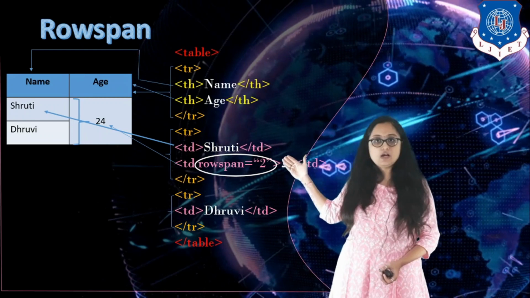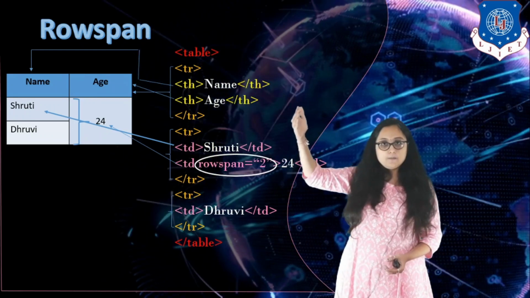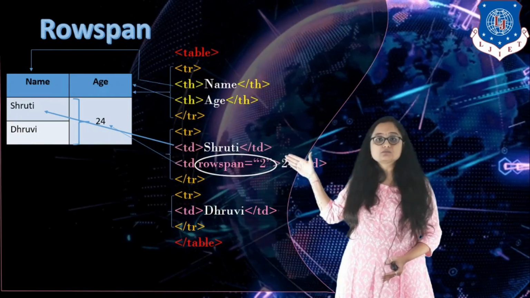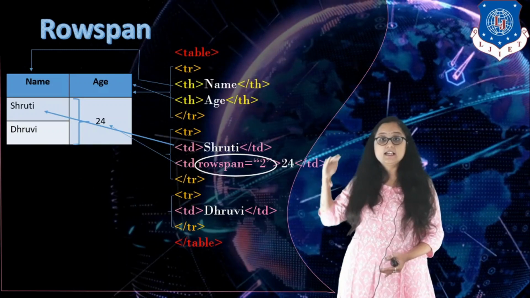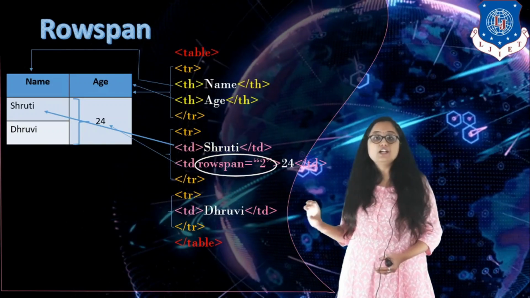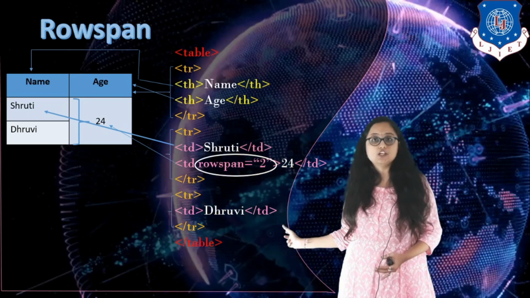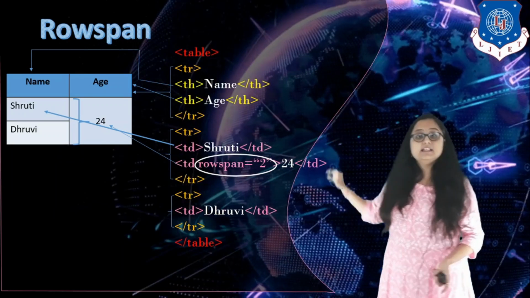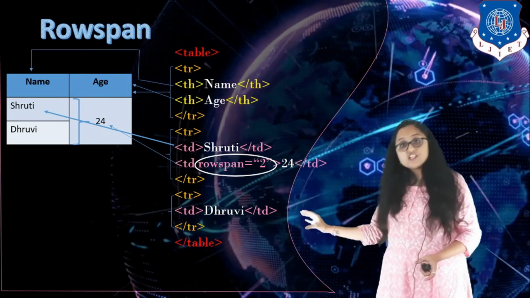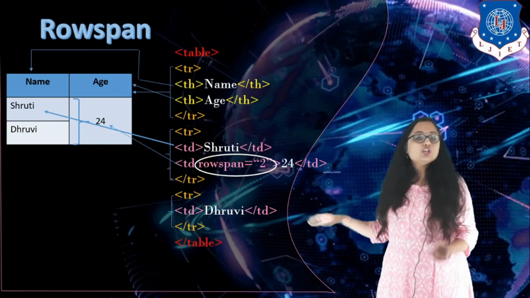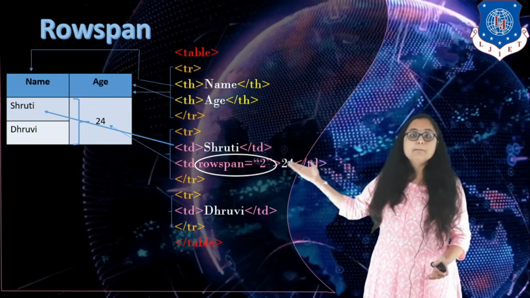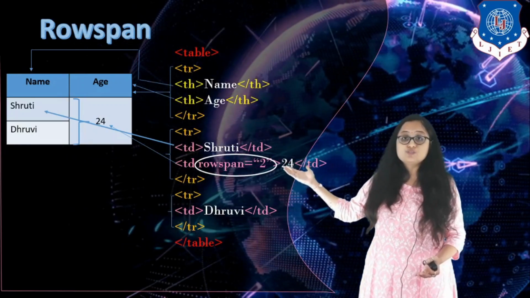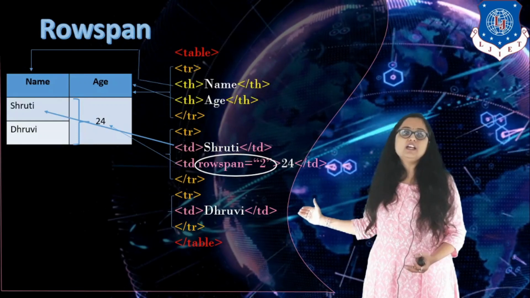Why will you not specify it over here? Because in the second row I have already told that the second column of the second row is a spanned column. It means it is combining the second and third row. So in the third row I don't need to specify it again. This should be very clear. Again, students make this mistake many times. They write the rowspan over here and again specify the rowspan in the third row. You have already specified that I am combining 2 rows in the second row by this attribute rowspan. You don't need to specify it in the third row.